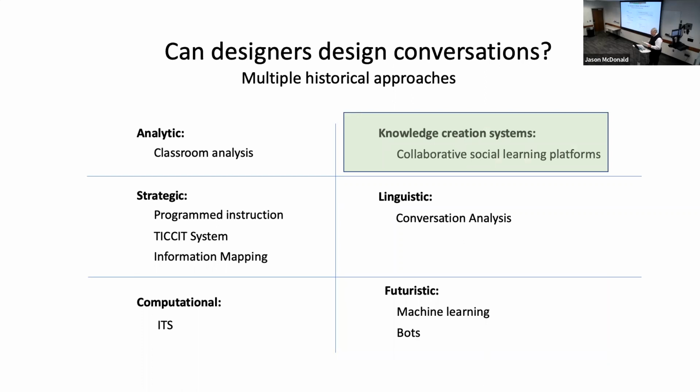Now, back to the use of current knowledge creation systems, many of which are in use in public schools today, funded by commercial enterprises. And that means that they have to pay their own way to survive, to be used, which means they must be successful to some degree. Knowledge creation systems are based on social learning theory. This theory takes it as a given that learners, instructors, and tutors all engage in conversation. Knowledge creation systems, which I'm going to describe in just a minute.